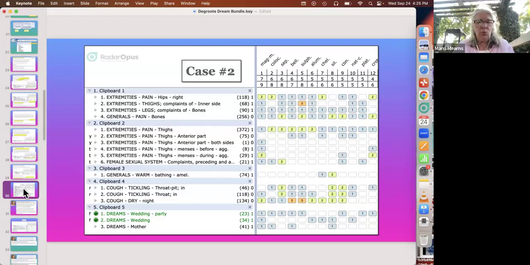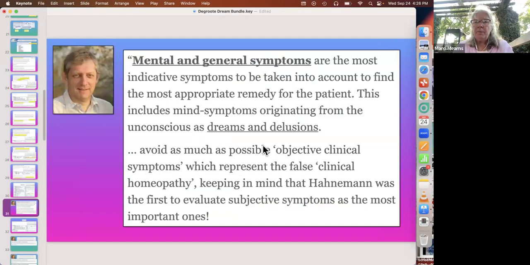And this woman has done really, really well on Mag-Mur. As, dare I say it, a constitutional, like whenever she gets sick, if it's not some acute little thing, she does a Mag-Mur 30 and it kind of pulls her right back out. Now, there's a big discussion about Mag Mur in the Dreams, Homeopathic Perspective, in the Dreams book, which I think will be worth your reading through as well.